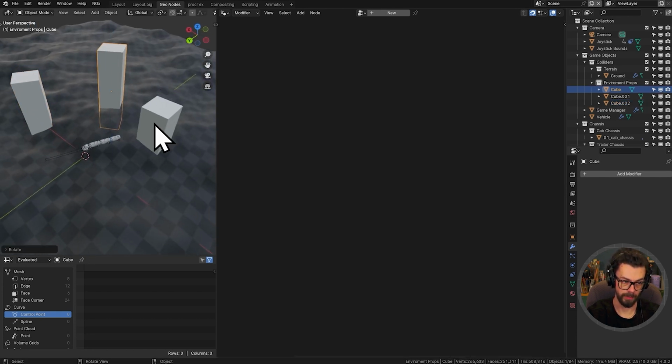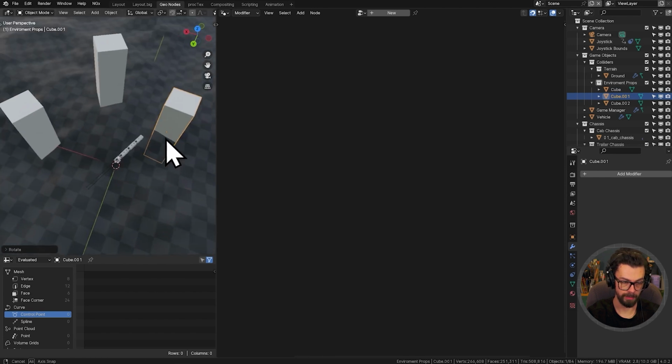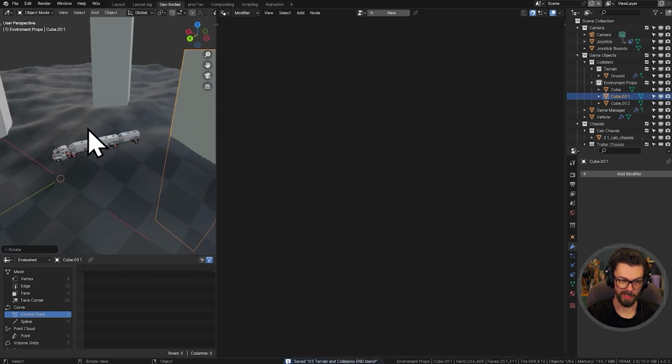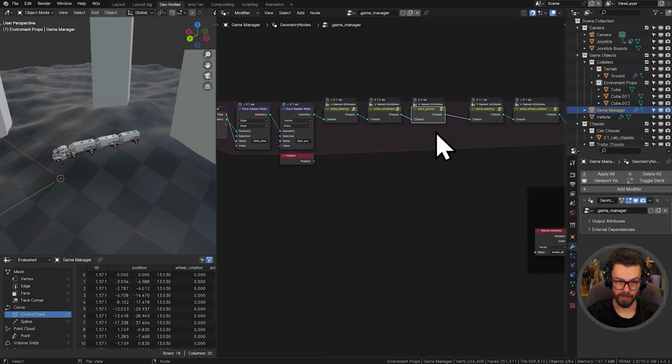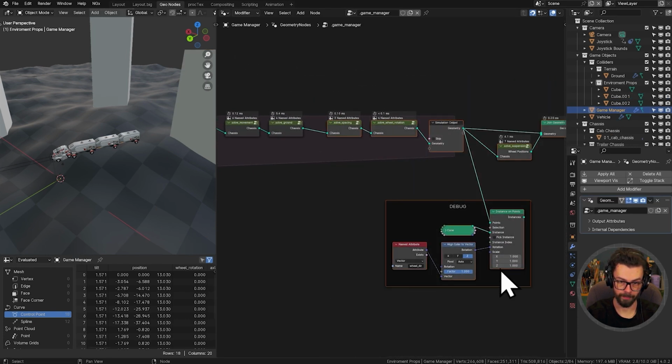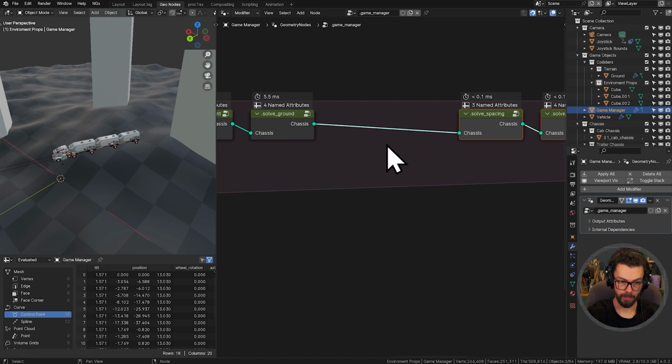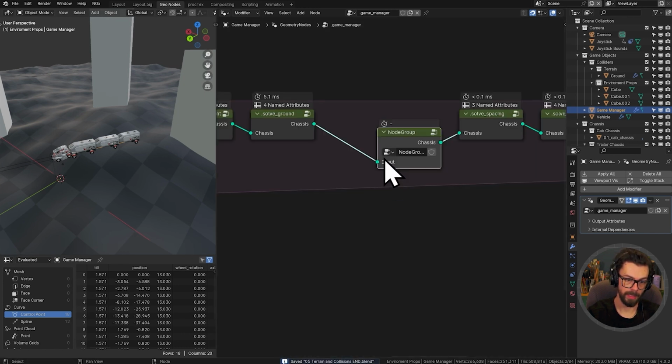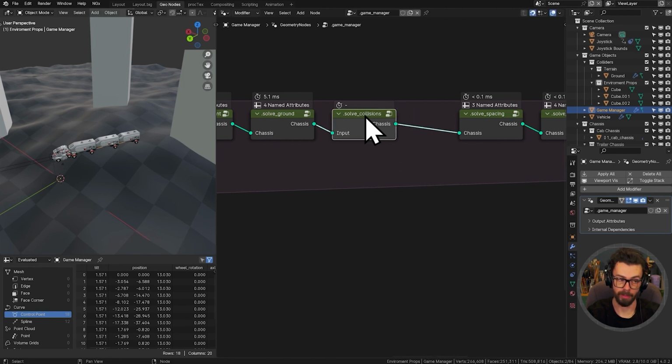Here we go. So just a few little buildings at random angles, and really they're just cubes, but that'll do for us. Go back into your game manager, and just after the solve ground, we are also going to make sure we're saving. Create a new node group in here, tab back out. This one is going to be called .solve_collisions. Now these are not self collisions. We're not going to be dealing with the truck driving through its own trailers. We're only going to be dealing with